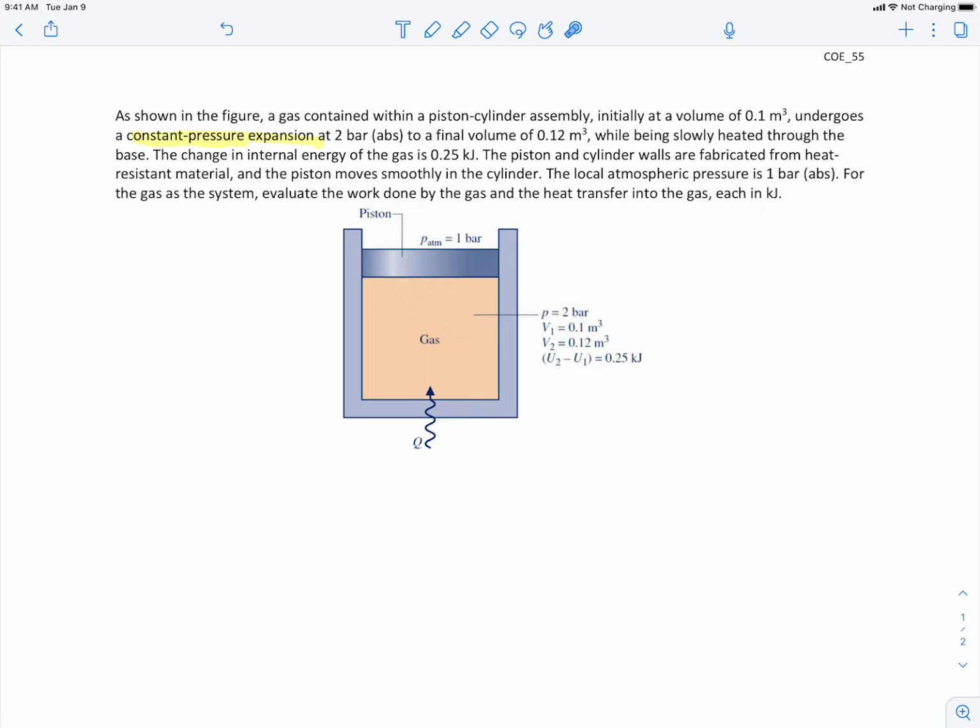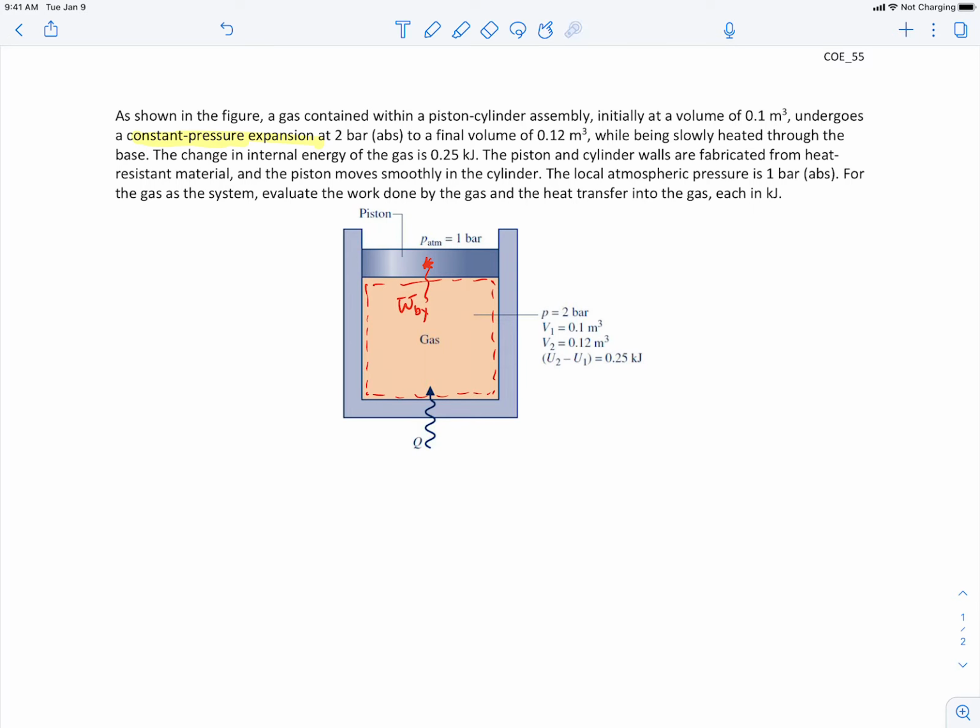Local atmospheric pressure is 1 bar. It's right up here. And for the gas as the system, that means we'll draw a dashed line to indicate that the gas is our system here. We're asked to evaluate the work done by the gas and the heat transfer into the gas. Okay, so we're trying to find the heat transfer here, and we're trying to find the work done